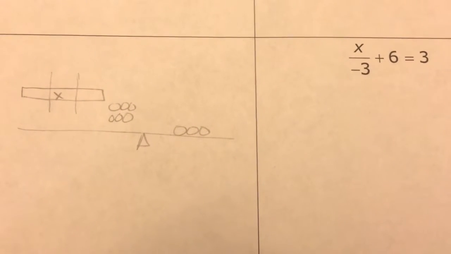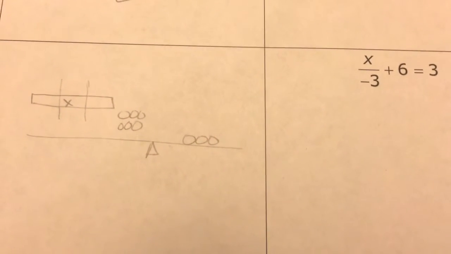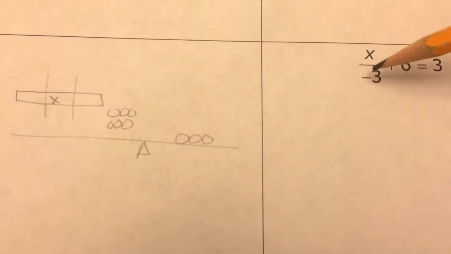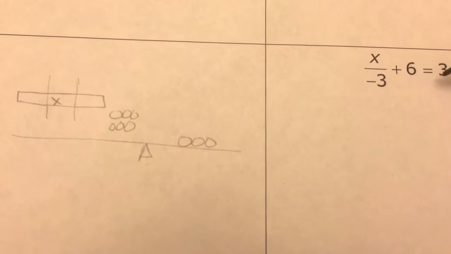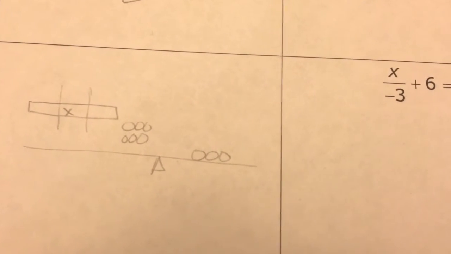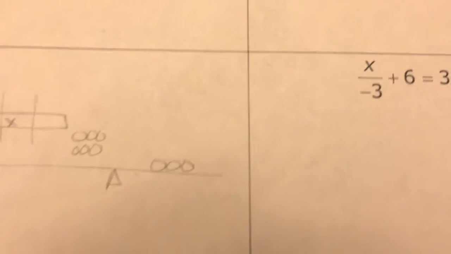All right, here's our next problem. And it's drawn a little different because I have division in here. I have x divided by -3 plus 6 equals 3. So I drew my x and I divided it into 3 pieces. All right, so let's start with